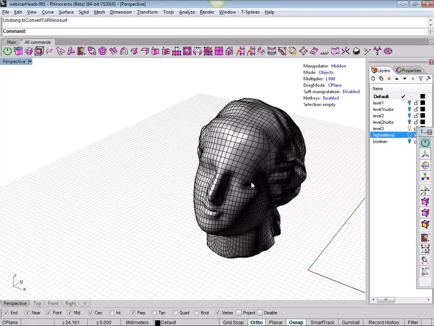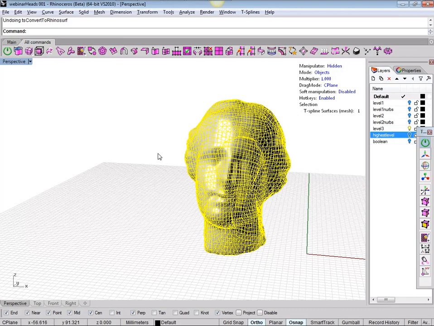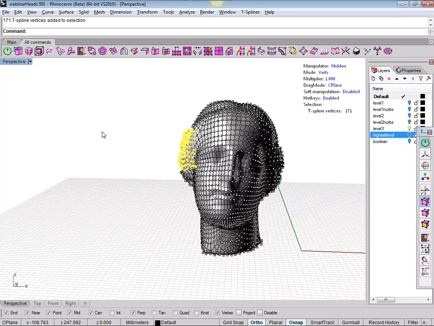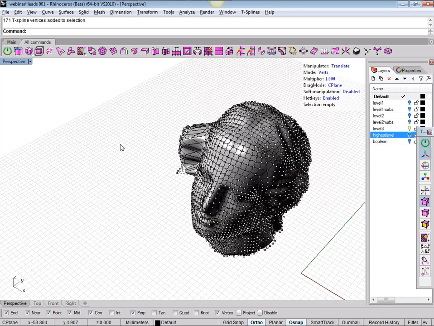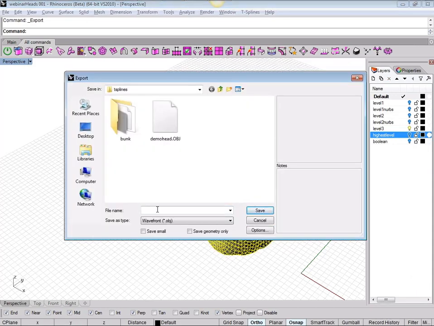This is our T-Splines model, and I'm just going to make an obvious change so we can see that it was brought from here. We'll take this and export this file as an OBJ. We'll call this